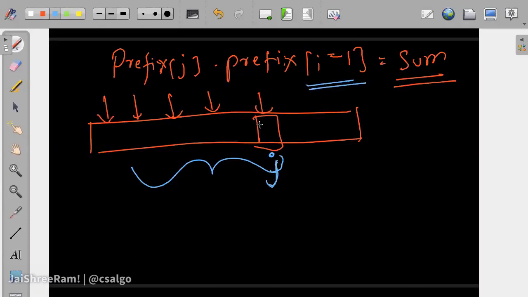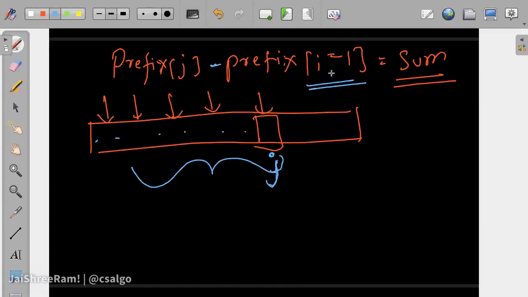So i can be equal to j, i can be equal to the first element. When i is equal to 0, prefix of i minus 1 will go outside the bound, and in general when we are talking about prefix sums, if it goes outside the bound, we take the 0 element.